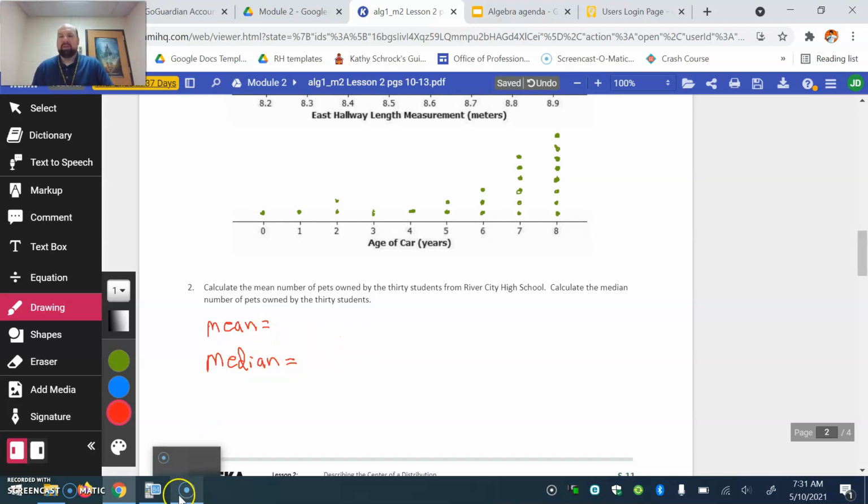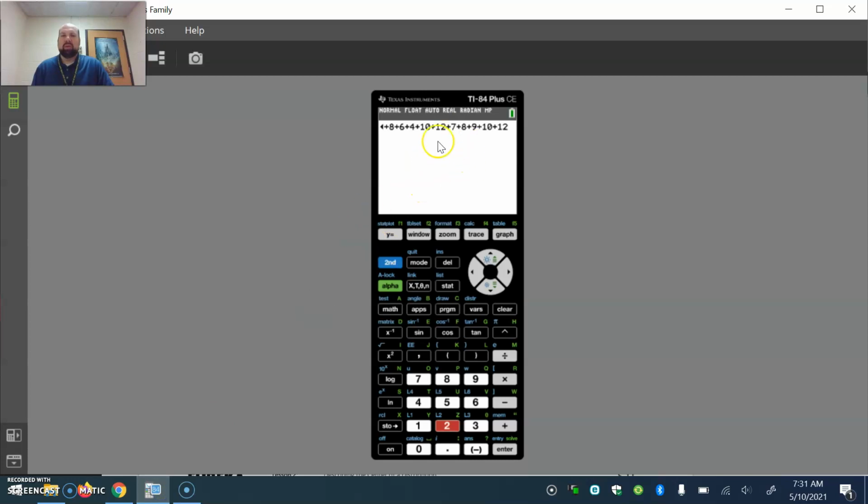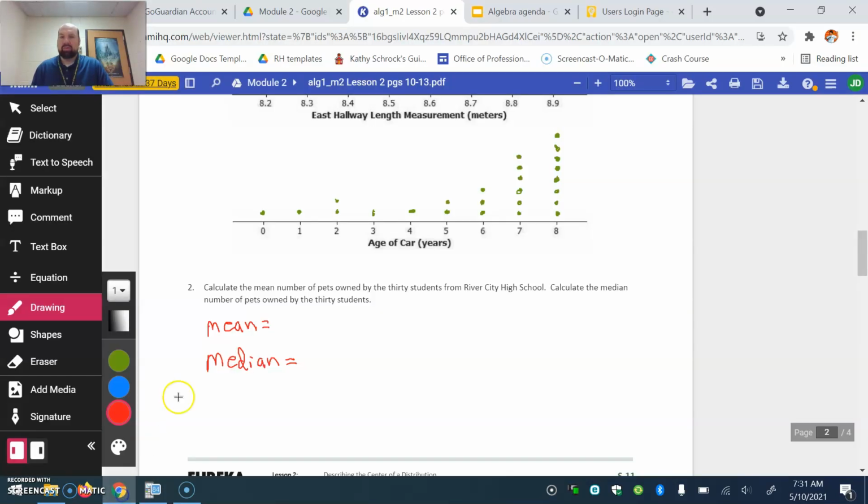The mean, what you're going to do is you're going to add up all the numbers. So I've already typed them into my calculator. There's a lot of ways you can do that. I'm going to hit enter and I get 96. Now, there's 30 of them, so I got to divide by 30. And I get an answer of 3.2. So I'm going to come back. My mean is